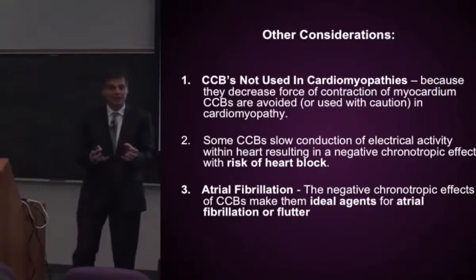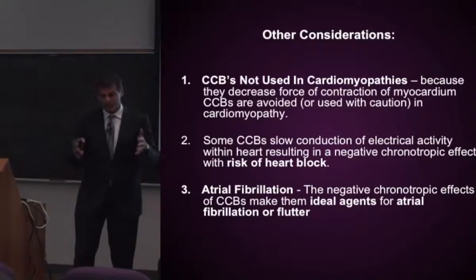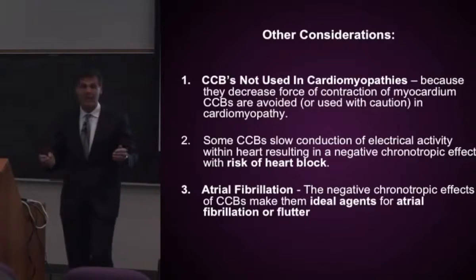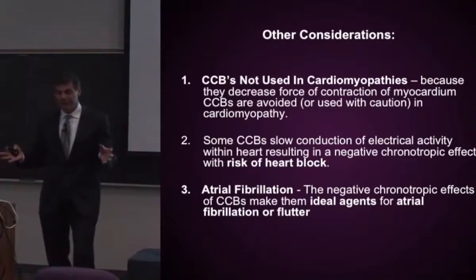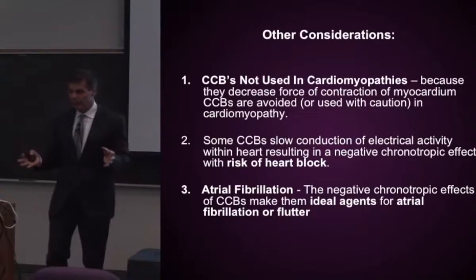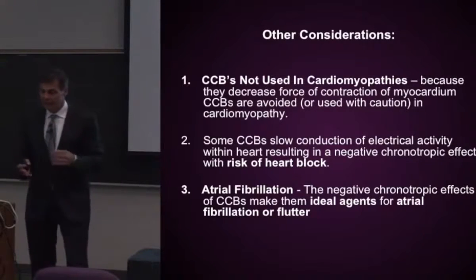And so if the person already is at risk for heart block, and you slow the electrical conduction even more, that would give them an adverse cardiac event. So they would be off the list of people that would use it. Whereas if someone has atrial fibrillation, the negative chronotropic effect of calcium channel blockers makes them ideal agents for atrial